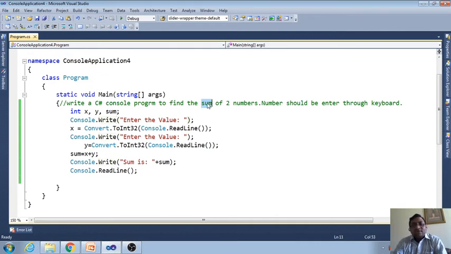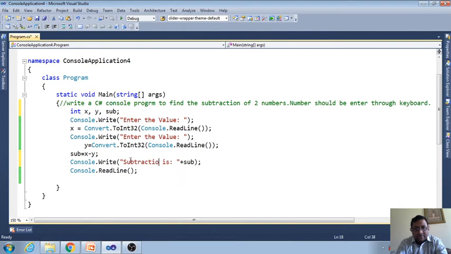Now after the sum, what? Subtraction, you know, minus. For subtraction, just change the symbol. It will give you the difference between two values. If you want to change the variable name, maybe someone is thinking here is the sum and we are going to find the subtraction. It is not a problem. This is the name of the variable. If you want to change it to sub, we can change. If we do not change, no problem. And here also we have to choose sub, and here also we have to write the subtraction.